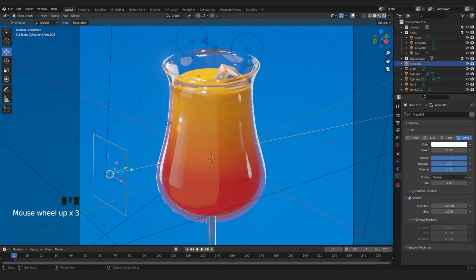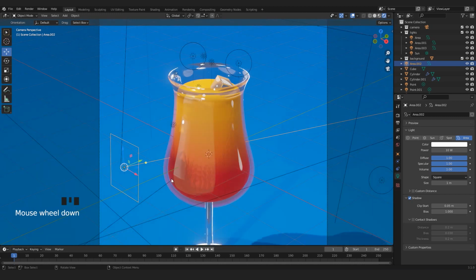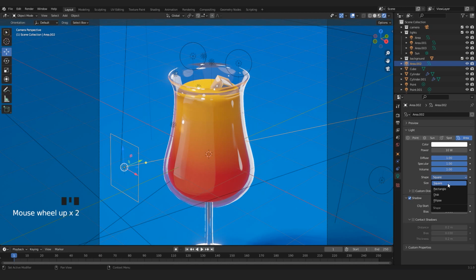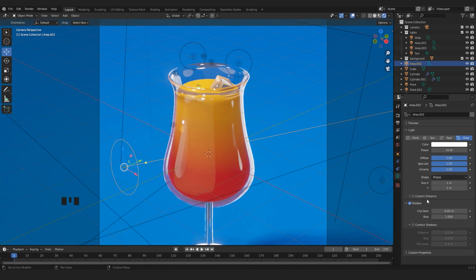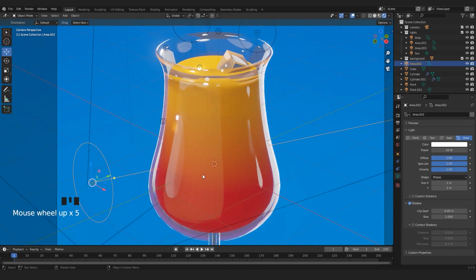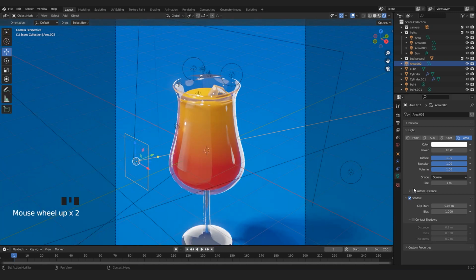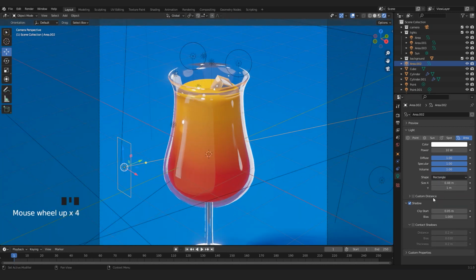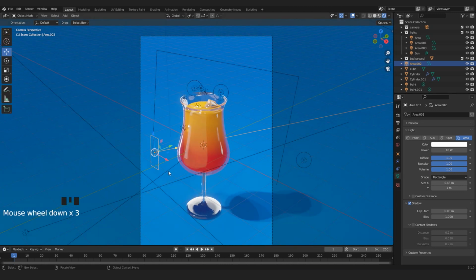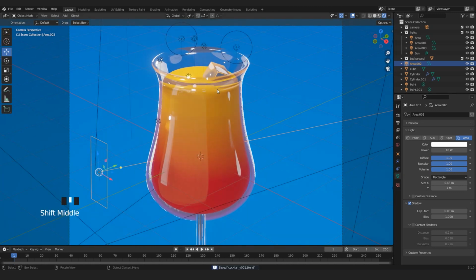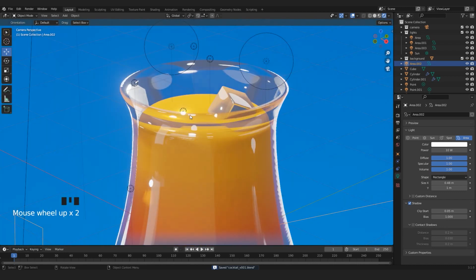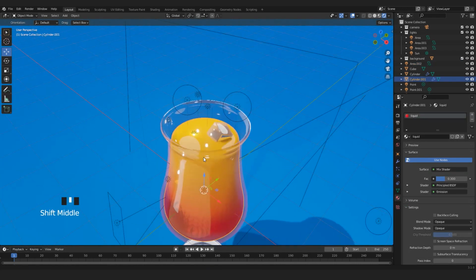I added this new area light to create bigger reflection on my glass, and you can also change the shape type to something like ellipse in case you want an elliptic reflection. But I think I'm gonna leave it like this, like a square, or you can also choose rectangle, and also choose the dimension on the X and Y axis. I'm quite satisfied with how it looks for now,